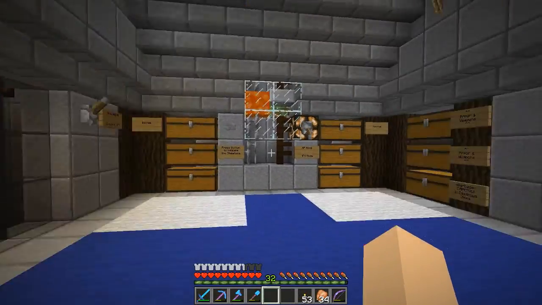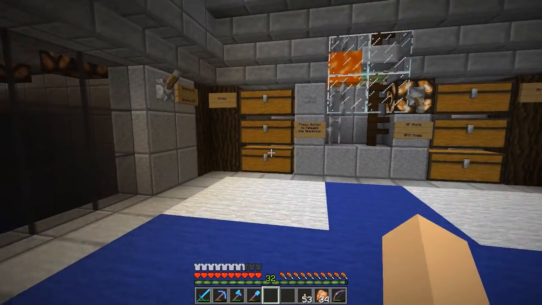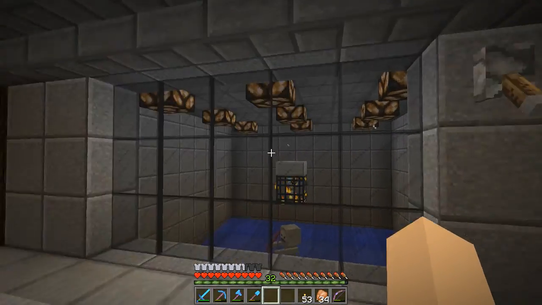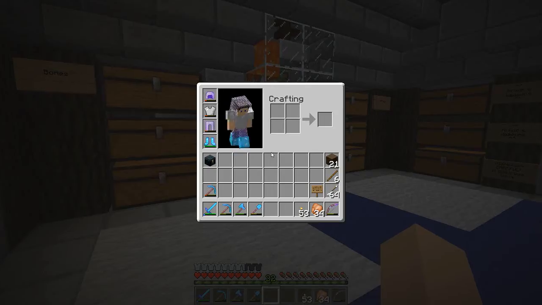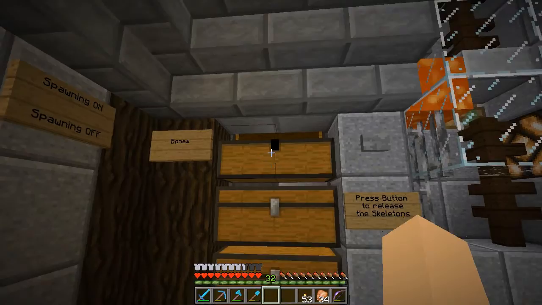So the real meat of this thing is over in this direction. This is where all the good stuff happens. So you've already seen this room and the lights, how I can turn the spawning on and off. So right now the spawning's off because it's lit in there. And let's leave it at that just for now, because we're going to go through and take a look at different things. Now, first things first, all of the bones are going to be sorted inside of here,